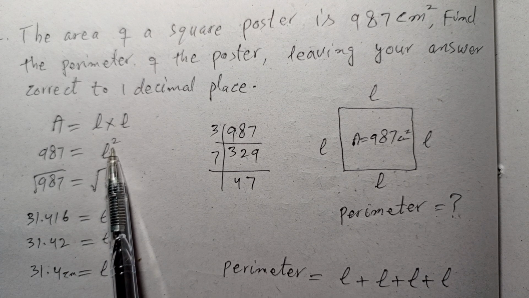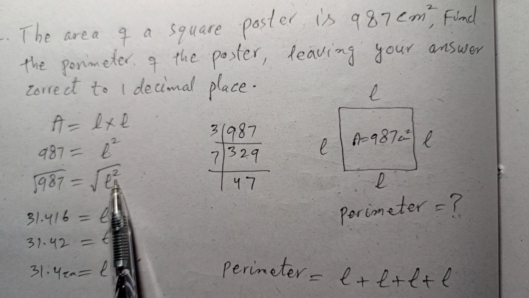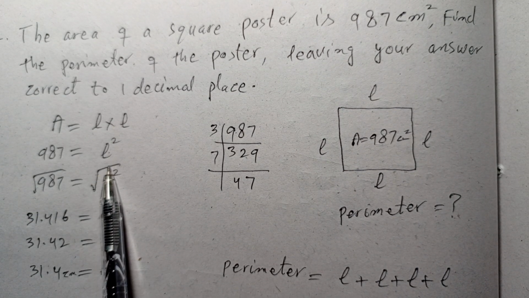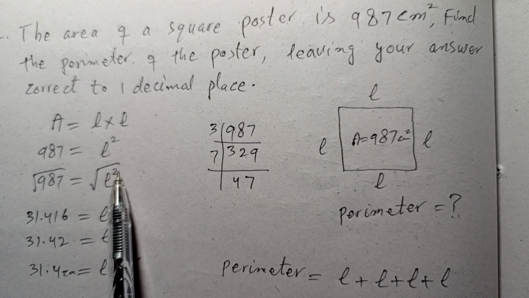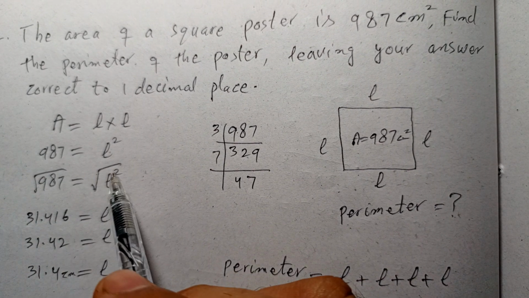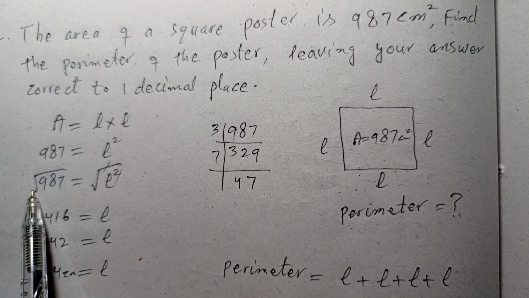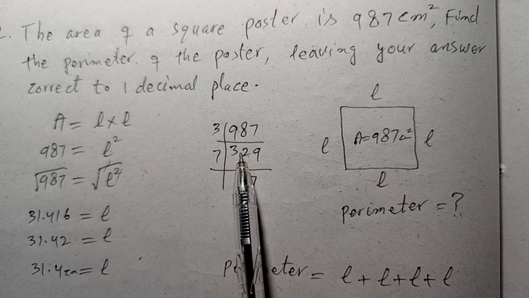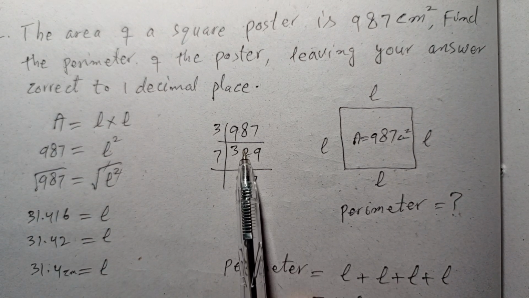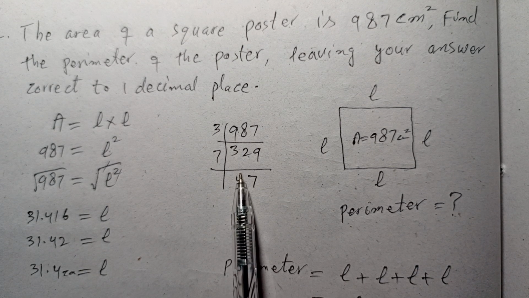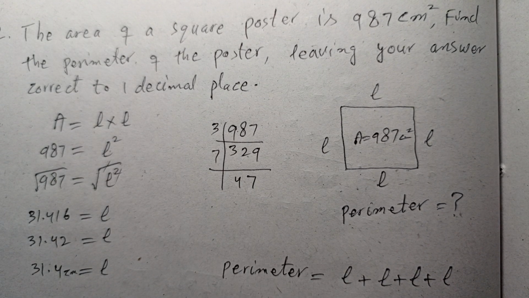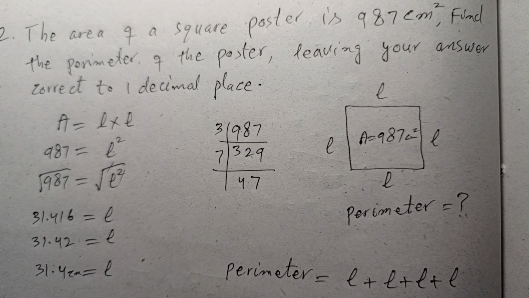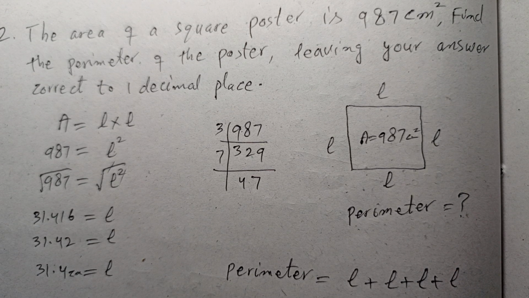Now you know that for square, to remove square, we have to take its inverse, and the inverse is called square root. So we will take square root on both sides. After taking square root, this 2 will be cancelled by the square root sign, and the square root of 987 will be taken with the help of a calculator, because if we try to use the prime factorization method, we can't get pair numbers of prime factors. So we can't find its square root by prime factorization.